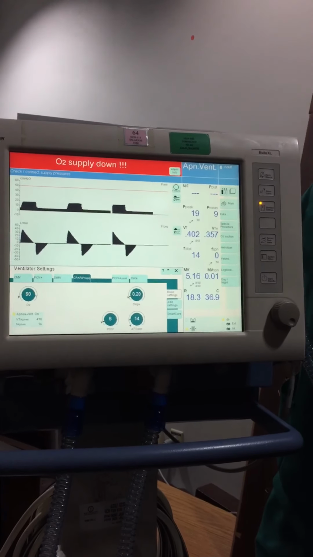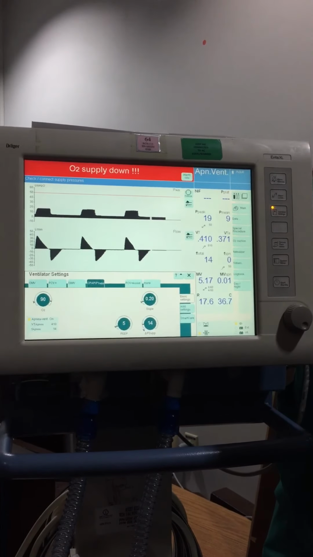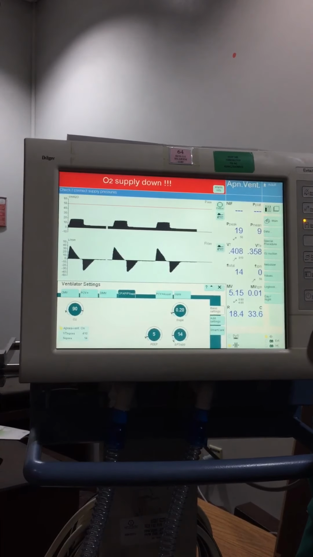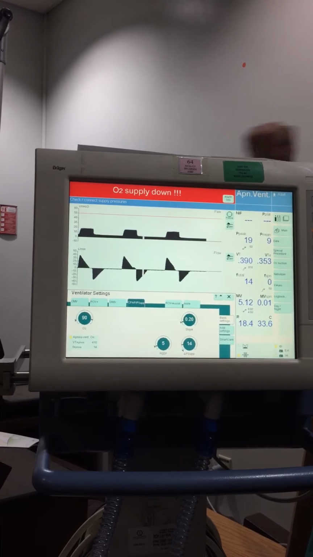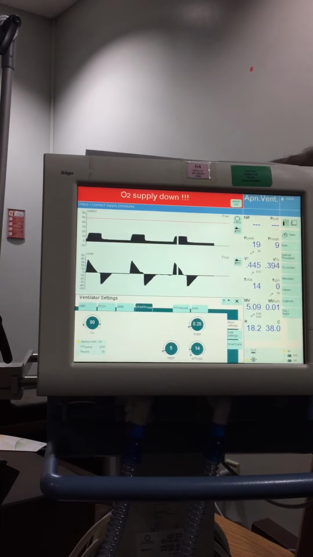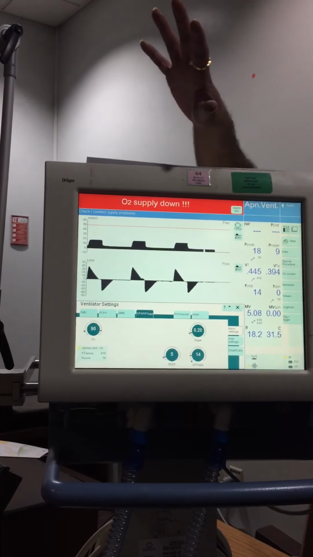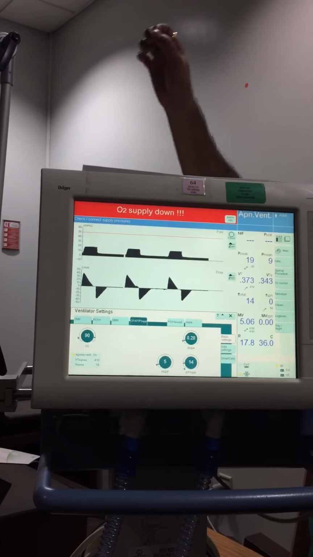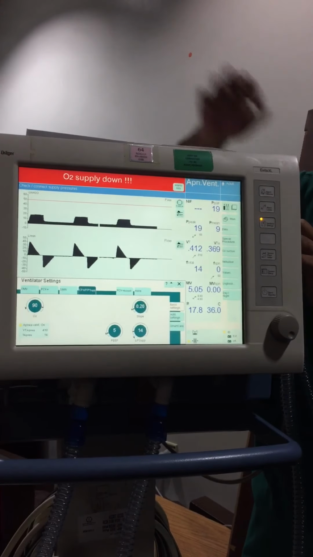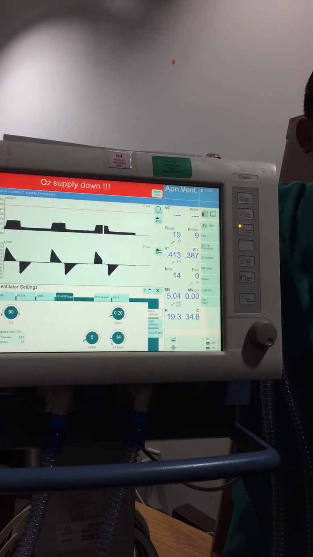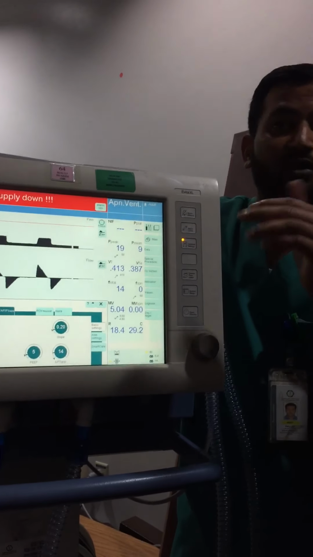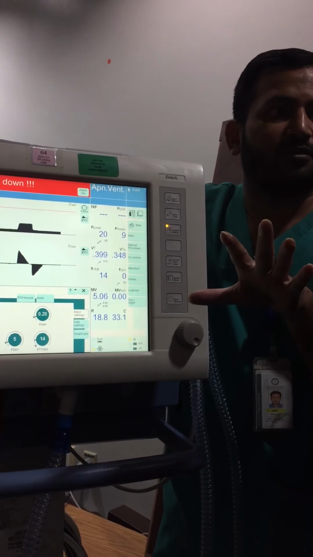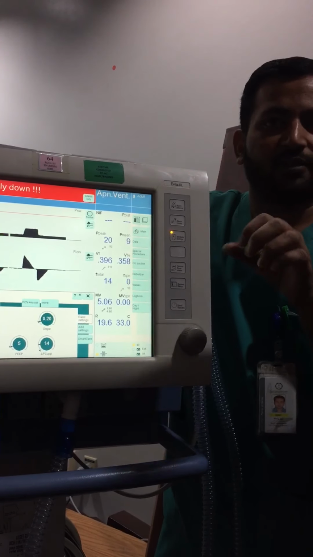Some patient accidentally has the tube come out from the mouth. So how do you react? Simple. Remove the tube. Once it has come out, try to remove it completely. Do the suction. Connect the ambu. 100%. No need to panic until the RRT team or respiratory therapist or doctor comes. Your goal is to maintain the saturation. So put the ambu back and ventilate slowly with assist. Don't rush.